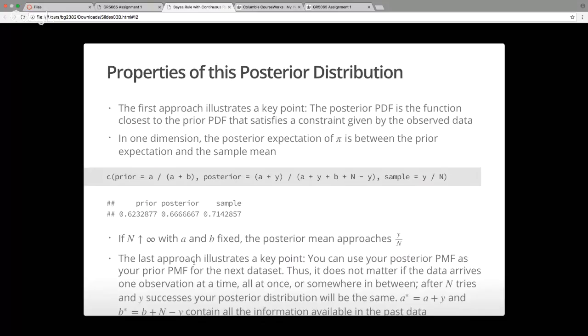It doesn't matter how you get there because you have a coherent belief updating rule. And so after n tries and y successes, your posterior distribution is going to be the same, this beta with A star and B star. And that contains all the information that there is from the past history that you have observed. So this is a very coherent